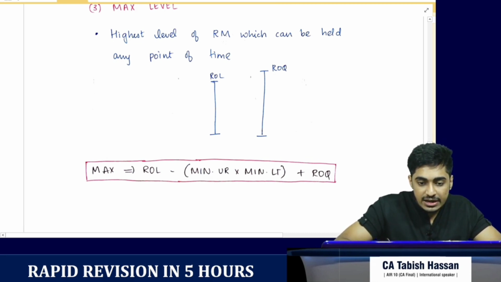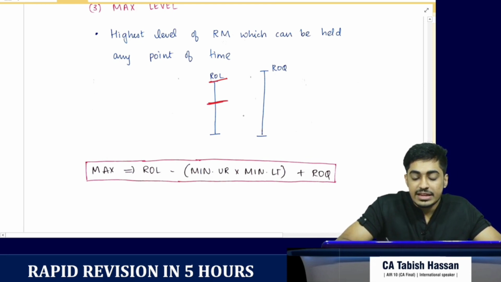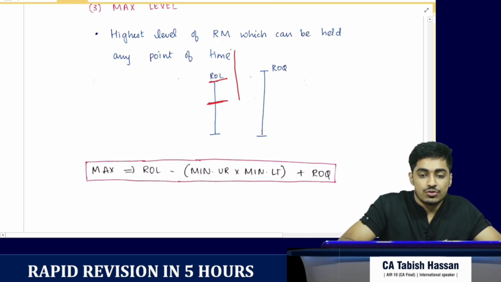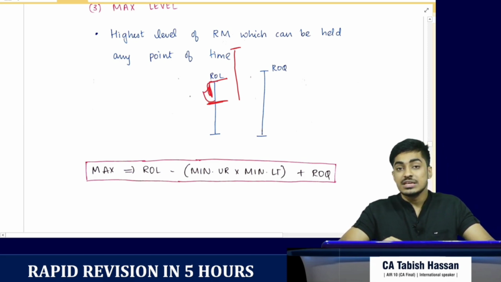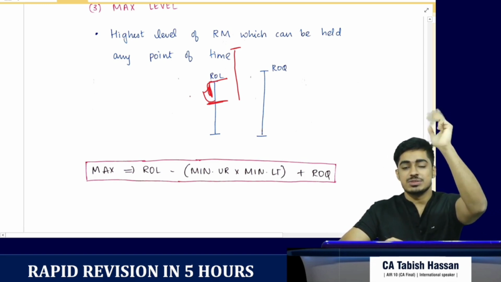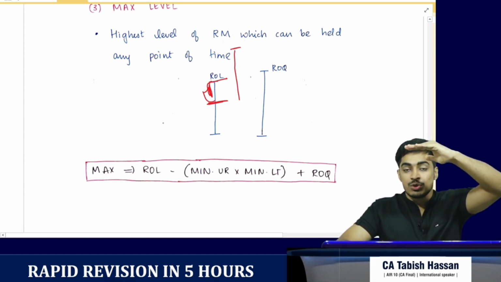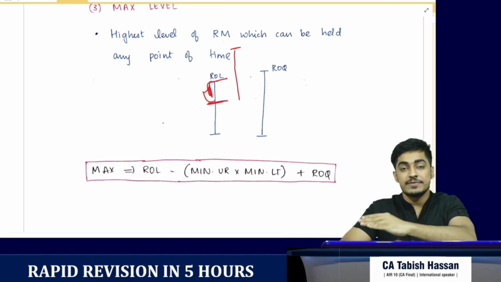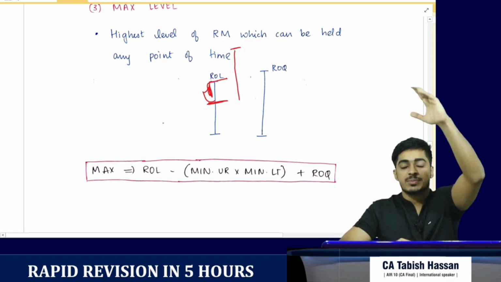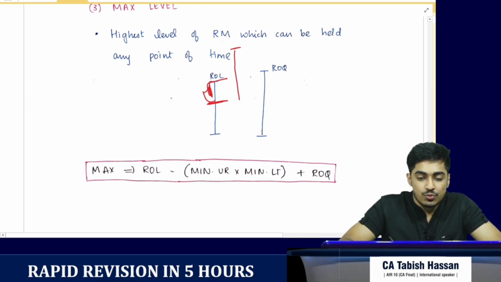Okay, so we had reorder level. From here, we consumed some goods, and then we got the fresh units. So we got the maximum level. Okay, and what is this consumption? What should this consumption be? What are we seeing? What is the maximum possible? Okay, so when we are going on consuming, that means we are reducing. We consume very less, so that when we get fresh quantity, it becomes the maximum. Okay, so we reduce it